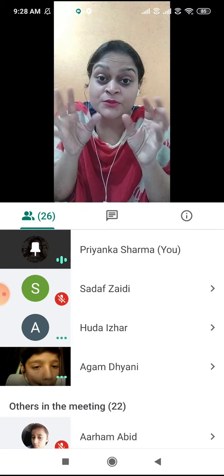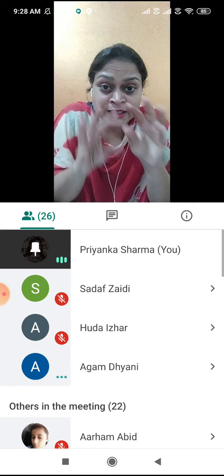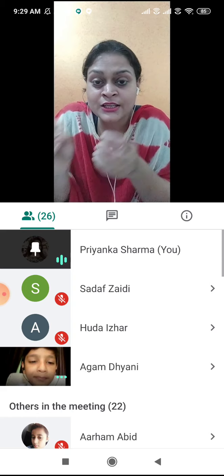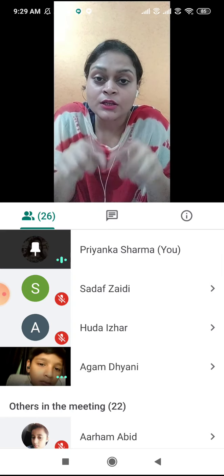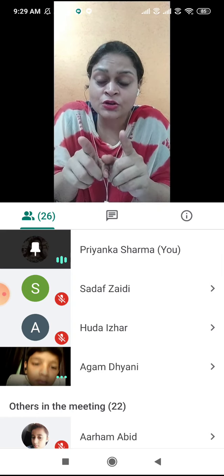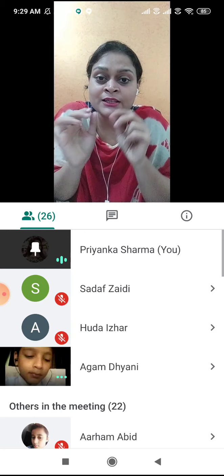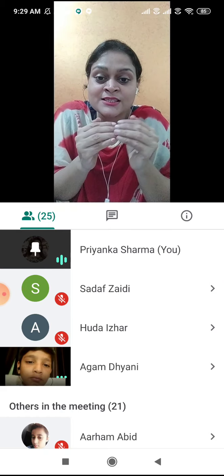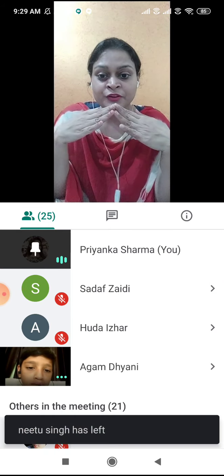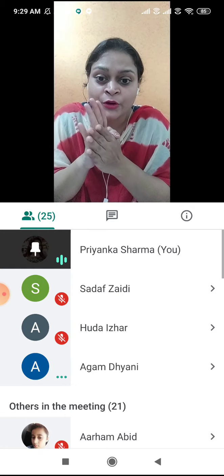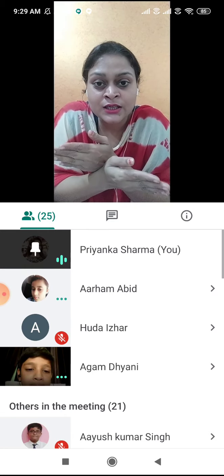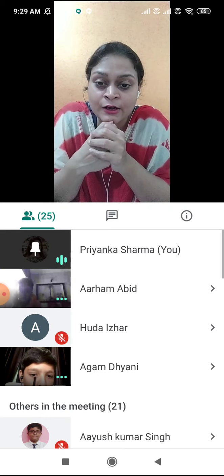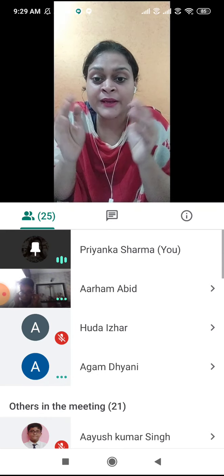Then you have to observe carefully what things are drawn in the picture. Is it a village scene? The picture I showed you right now is a village scene. The second point says it is a village scene. The third point says we can see a hut with a sloping roof in the picture. The fourth point says at the back of the hut there is an old banyan tree whose roots are hanging down. Then we can see birds chirping on the big tree.